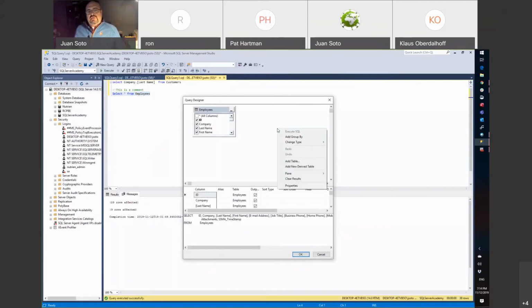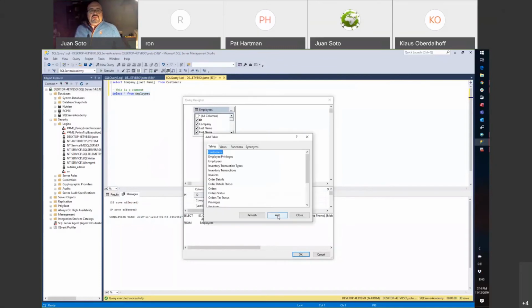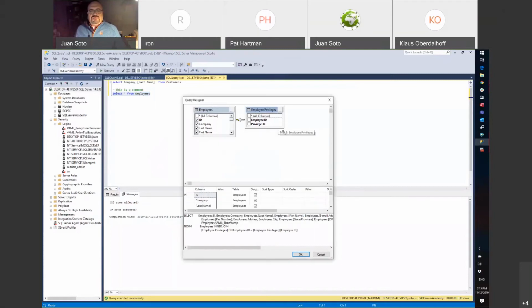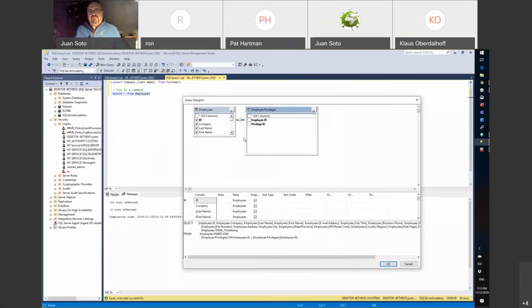And here I can right-click, add another table, and employee privileges maybe, and they're linked automatically. Now I can resize this. So I'm somewhat familiar with this, right? What I like about this compared to Microsoft Access is I have this SQL statement down here. Notice that when I added this table, it modified this. So I can come in here and